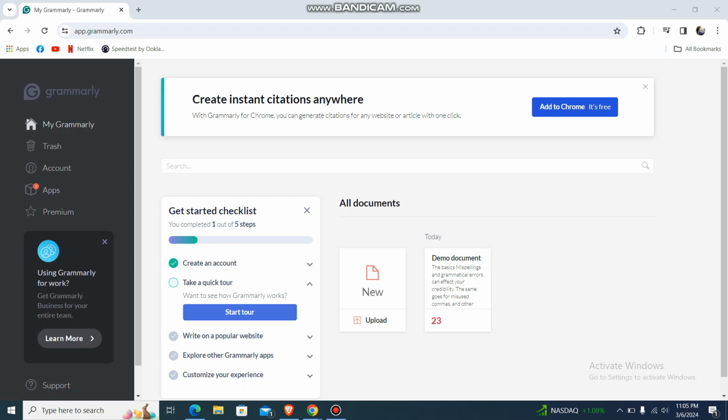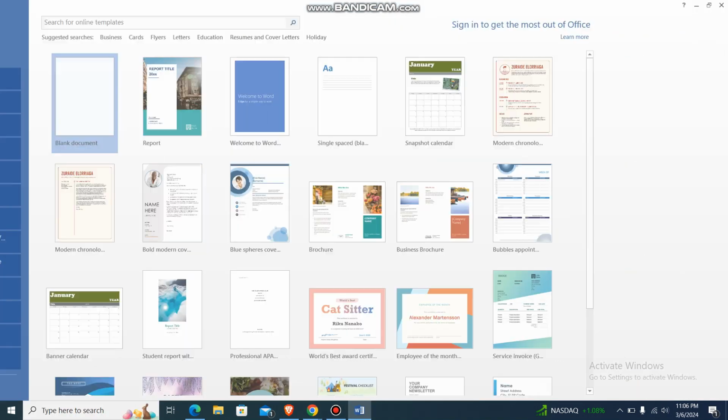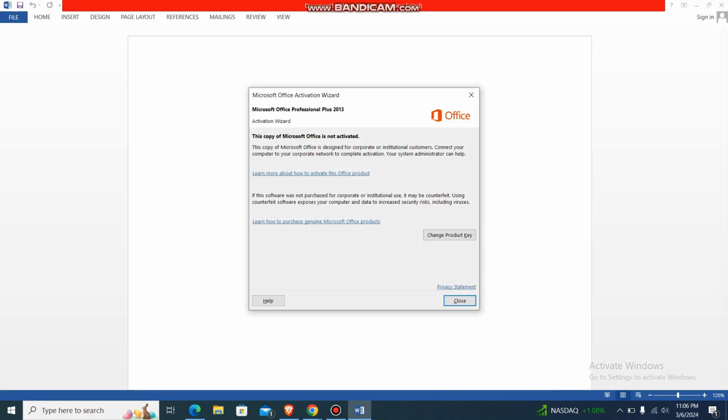Now what you're gonna do is, on your left hand side you'll be having the options which says My Grammarly, Trash, Account, App. So just go to App and make sure that this one is downloaded, or let's say installed in it. If this Grammarly for Windows is not installed, then just install it and it will look something like this. Then what you're gonna do is just go to your Word like this, and then open a blank document